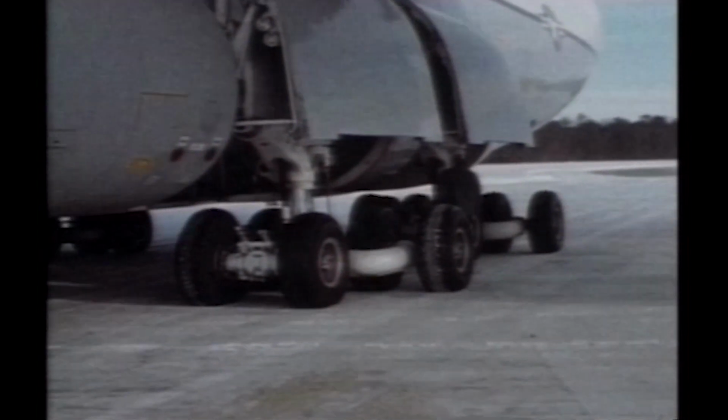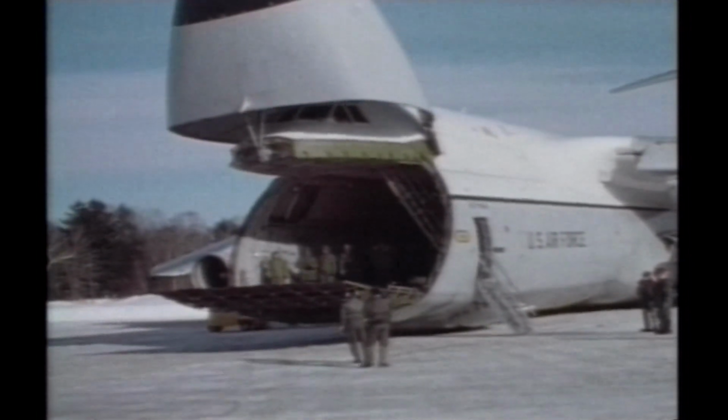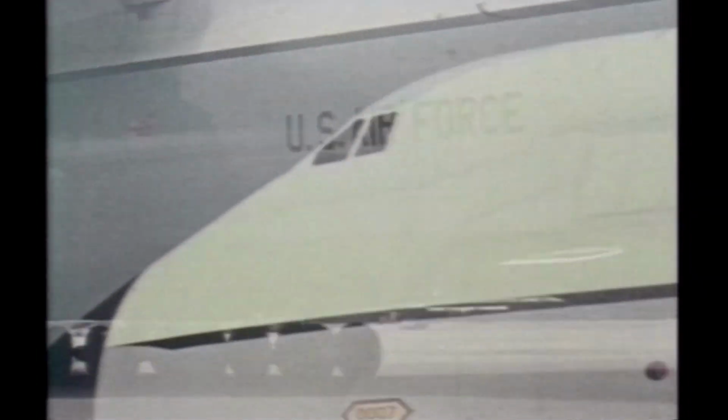Like the Antonov, the landing gear can be knelt, so the cargo floor is at truck bed height to assist vehicle loading and unloading. Ground crews can load and offload the C-5 simultaneously. In fact, the full-width drive-on ramps allow for loading double rows of vehicles. The largest success of the plane is its ability to take off fully loaded within 8,000 feet